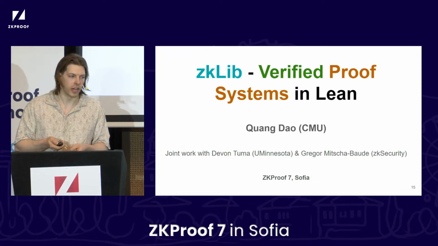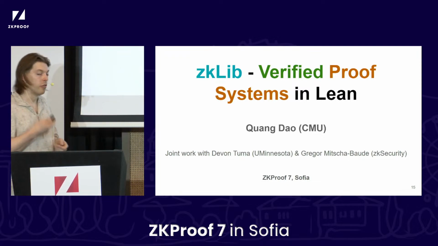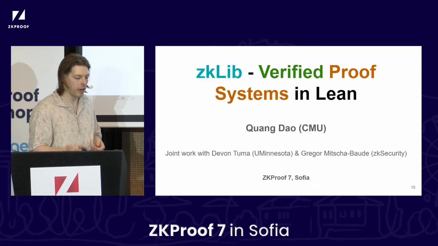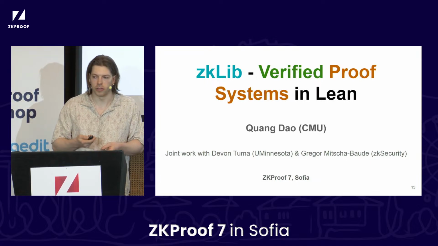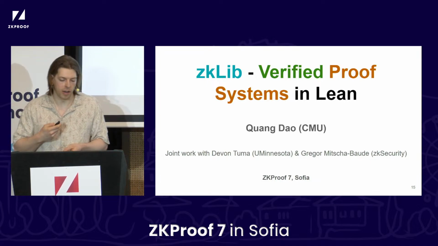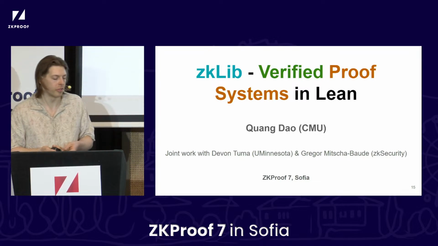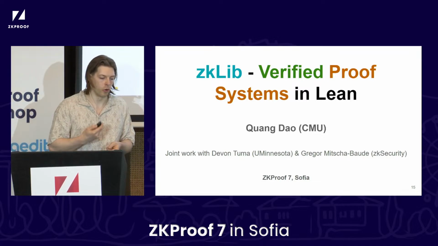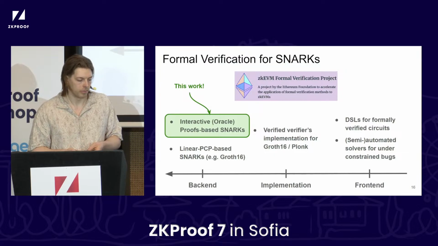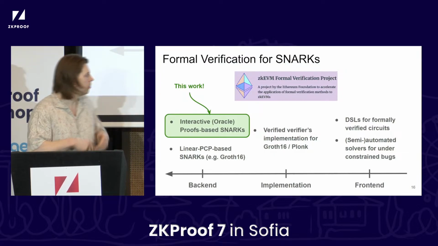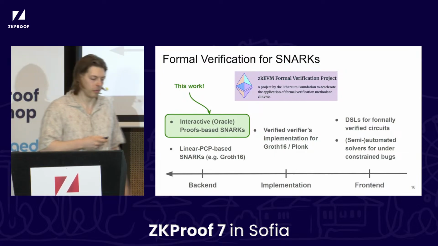So like I said earlier, zkEVM is a library of proof systems in Lean. It's fairly early days, but I'll talk a bit about how we're trying to approach things and how we're trying to think about formalizing these proof systems, especially with respect to modularity for the proofs. I don't need to reintroduce the project. I've just talked about it for 30 minutes.